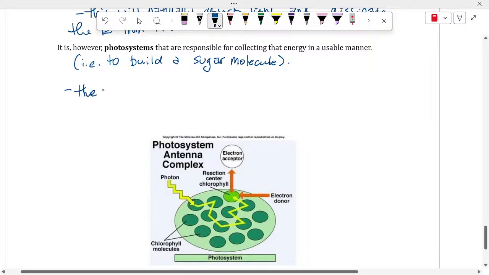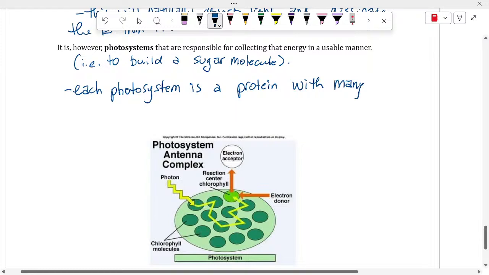So each photosystem is a protein with many pigments, which use the energy from captured photons